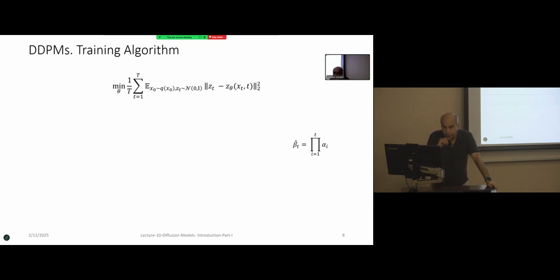So here the loss function is this one, as we went through on Monday: we have z theta, which is a network. Input to that is xt and time. Every time step, we have to input which time step we are at and how much noise we have added, and it will predict the noise. And we went through this, and this is called